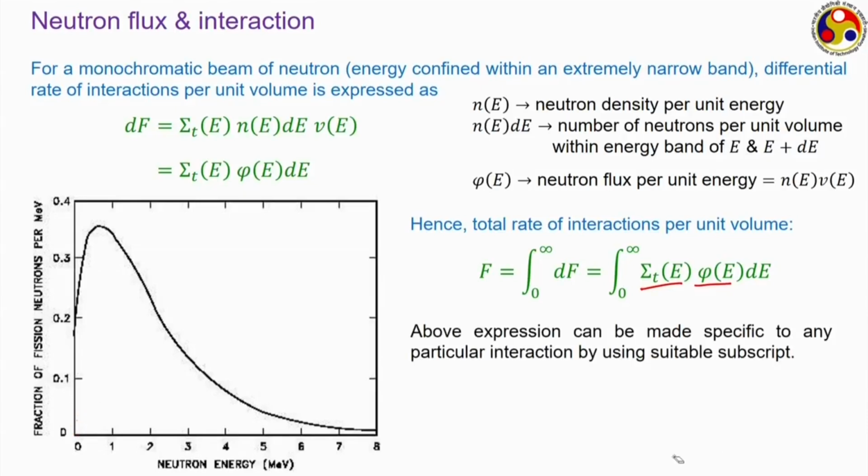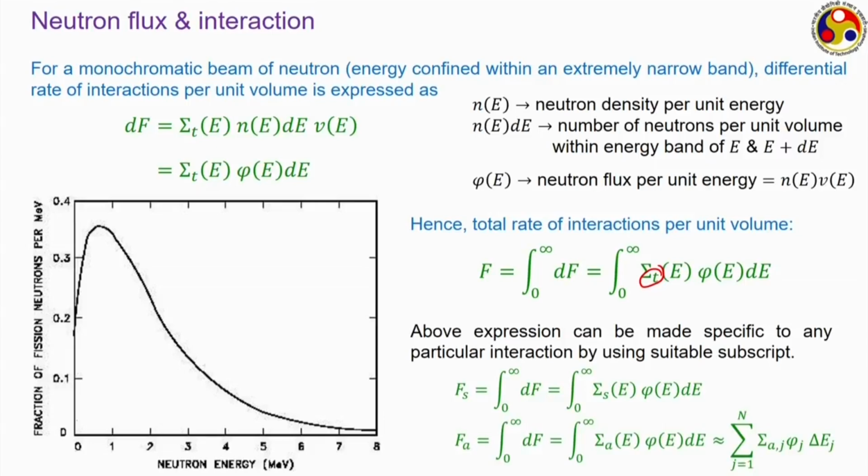Quite often, instead of calculating the total interactions, our interest is to know about a particular interaction. Say if we are dealing with a moderator, our primary interest is to know how many collisions will be required for a fast neutron to slow down to the thermal neutron level, and hence our major interest is the rate of scattering collisions or scattering interactions. So, we can replace the subscript of this total cross section with the corresponding subscript and get the corresponding rate of interaction. For scattering, we need to consider the scattering cross section. Similarly, if our interest is total absorption, we need to consider the absorption cross